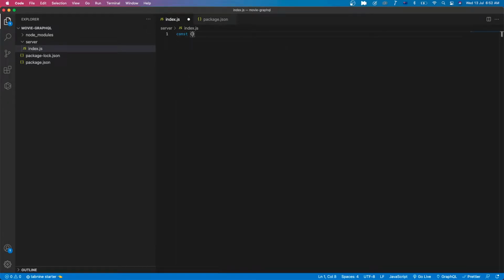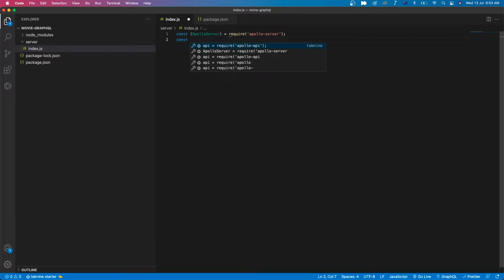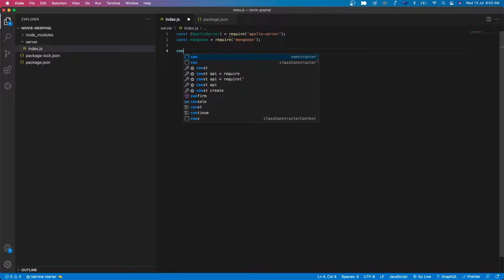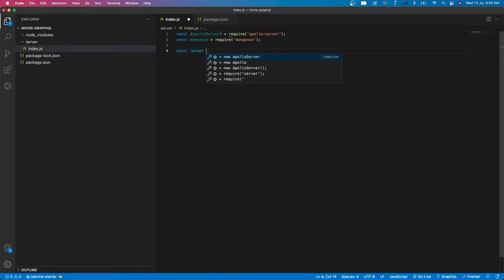I would bring Apollo server: require Apollo server. Also bring mongoose: require mongoose, and then I create a new server, const server = new Apollo server,